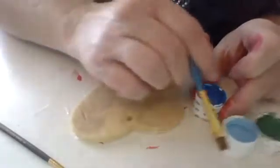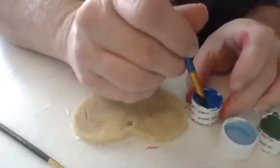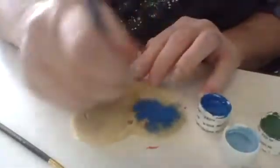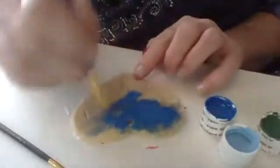So today, I'm going to get like a little scenery on here. We're going to go ahead. I'm going to take my dark blue. And I'm going to go back and forth like I would if it was a canvas. That just kind of gives it that sky